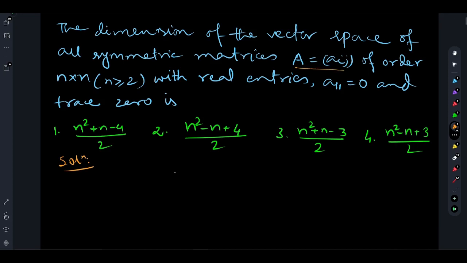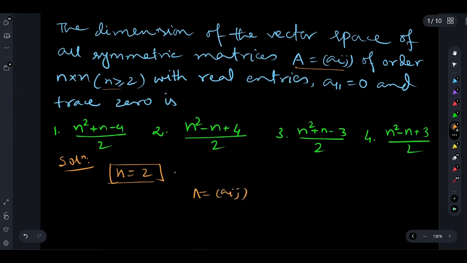order n by n with n greater than or equal to 2 and with real entries such that A11 is 0 and the trace is 0. Since n is greater than or equal to 2, we can consider the special case n equals 2. So if we consider the vector space of all symmetric matrices A equals Aij of order 2 by 2 such that A11 equals 0 and trace is equal to 0,